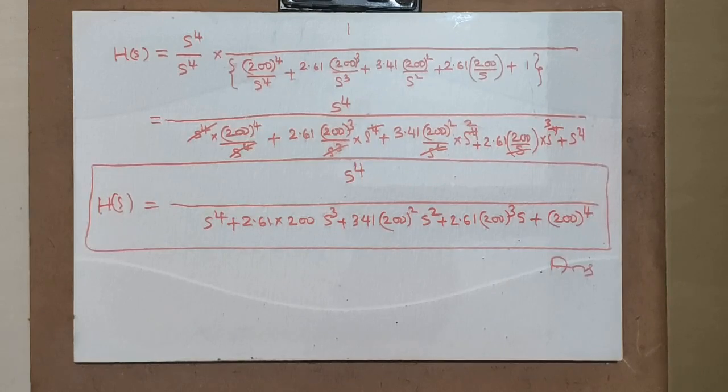The last step, the 5th step, is very important, where frequency transformation is done from low pass filter to high pass filter. Instead of S, I am substituting omega p by S. Okay, this is the answer. If any doubts are there, you contact me on WhatsApp or you